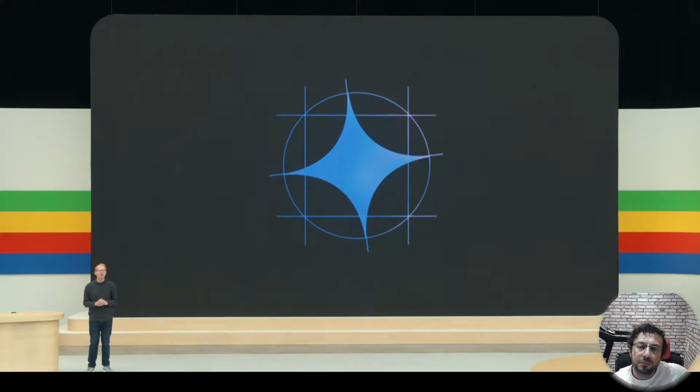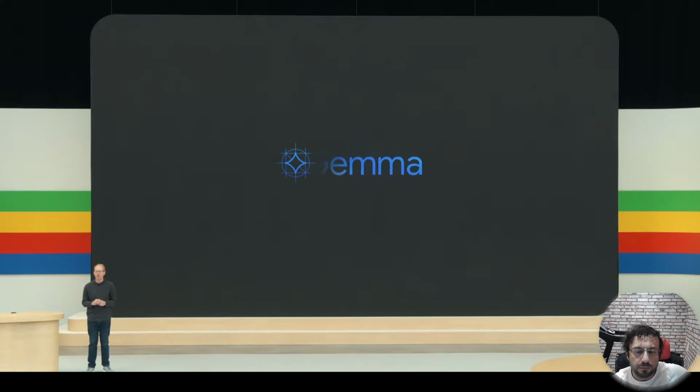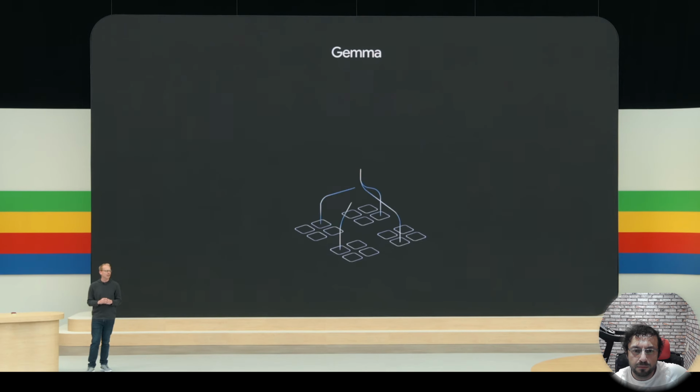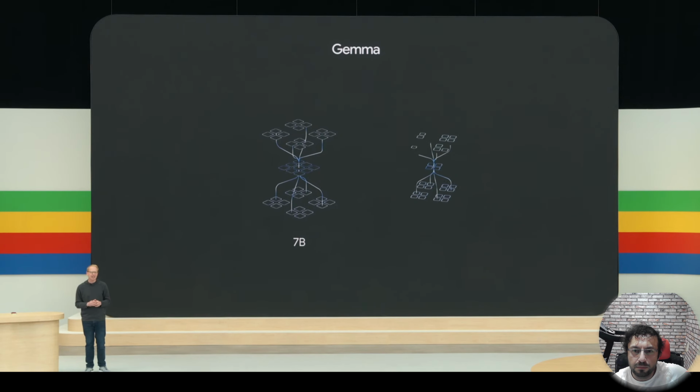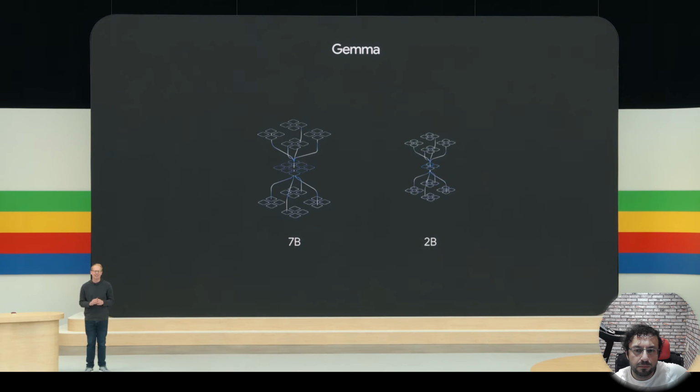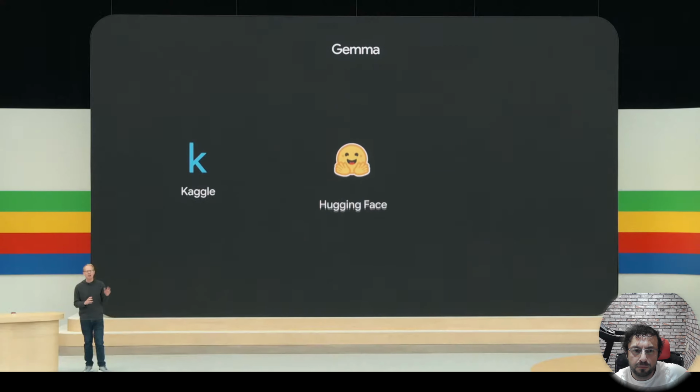Now let's shift gears and talk about Gemma, our family of open models, which are crucial for driving AI innovation and responsibility. Gemma is built from the same research and technology as Gemini. It offers top performance and comes in lightweight 7B and 2B sizes. Since it launched less than 3 months ago, it's been downloaded millions of times across all the major model hubs.